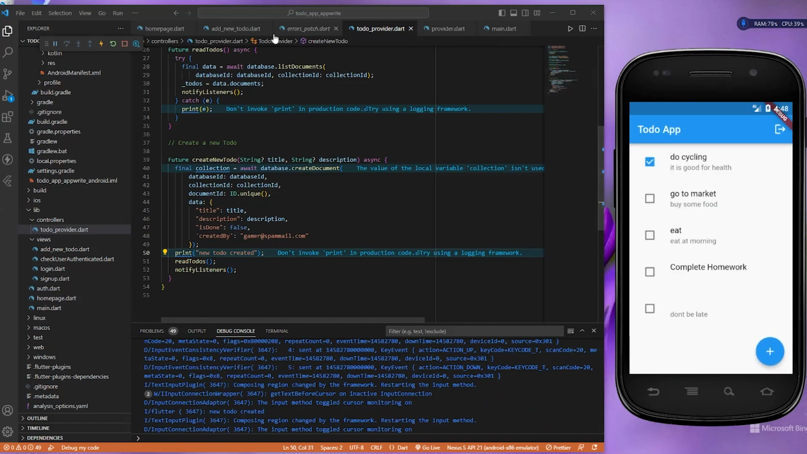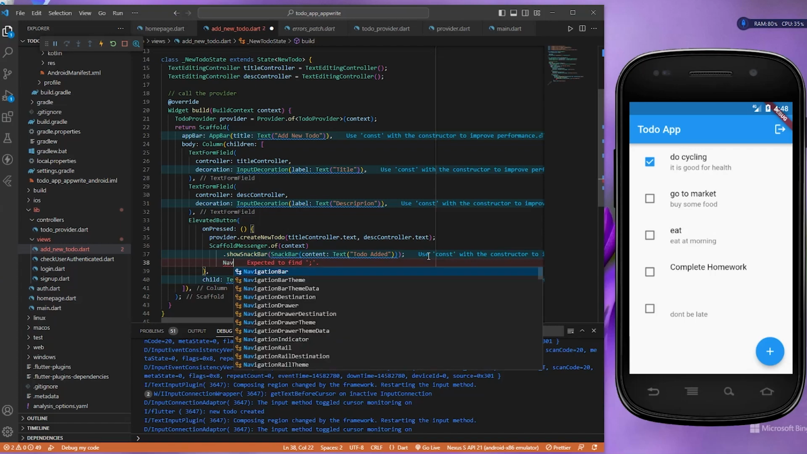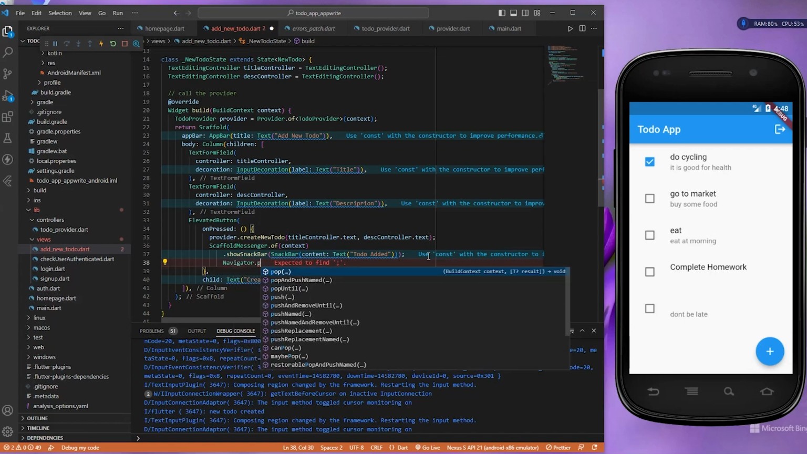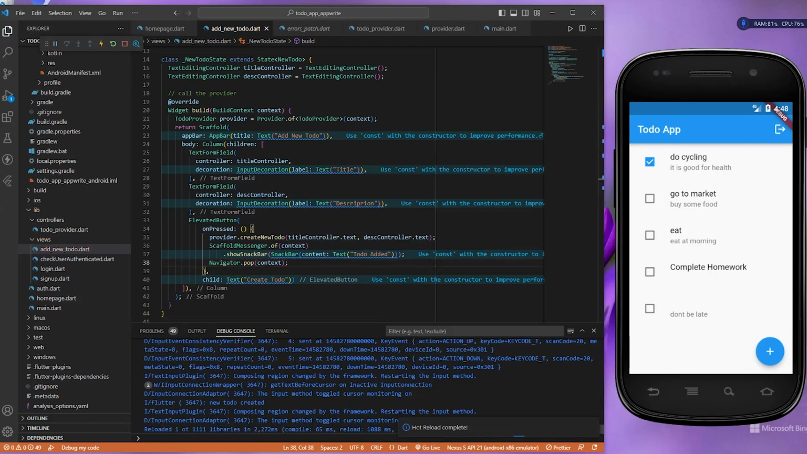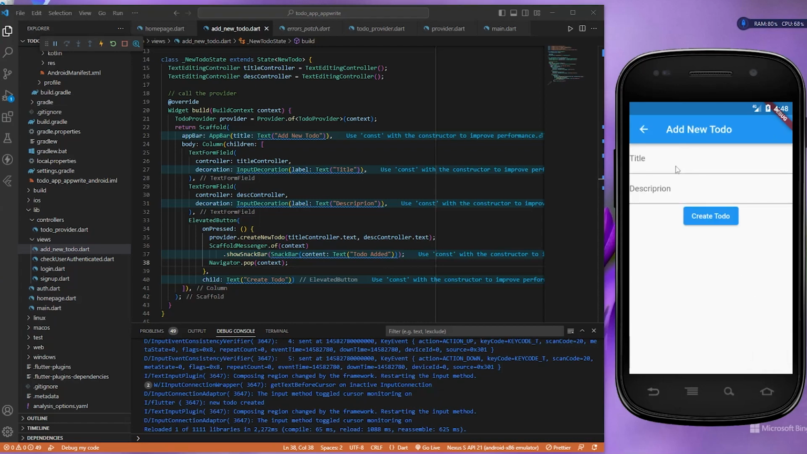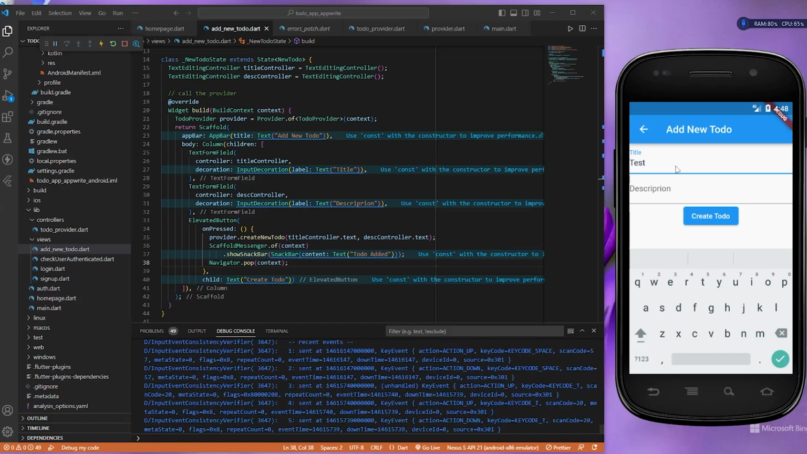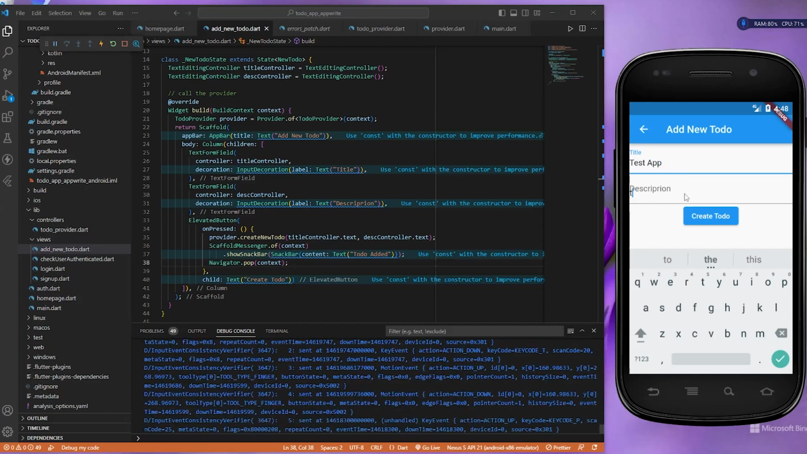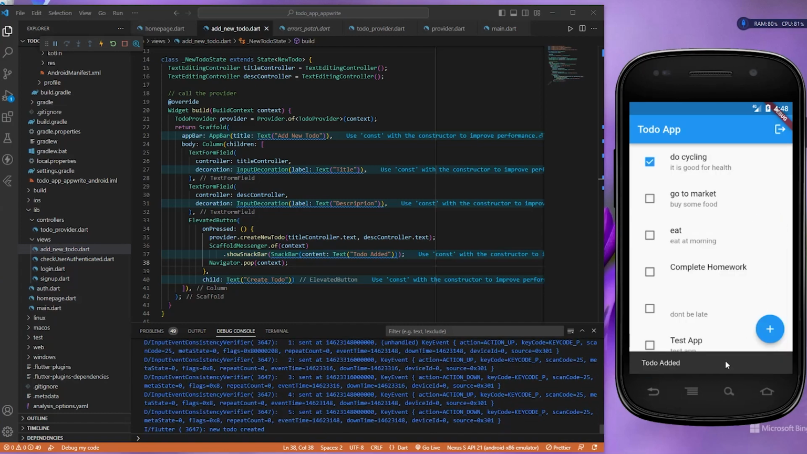But instead of not moving us back, we can add the navigator dot pop so that when it completes, after we have created the to do, we should be able to navigate to the previous page. So now it's working. So now we are able to